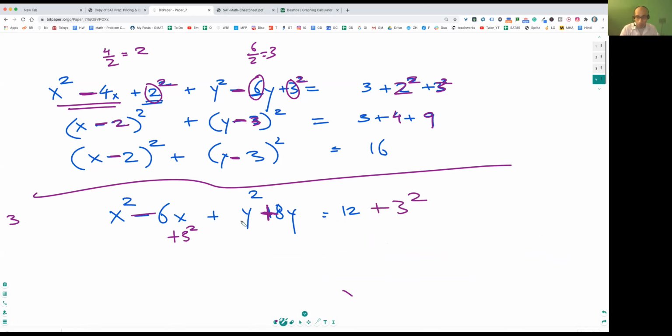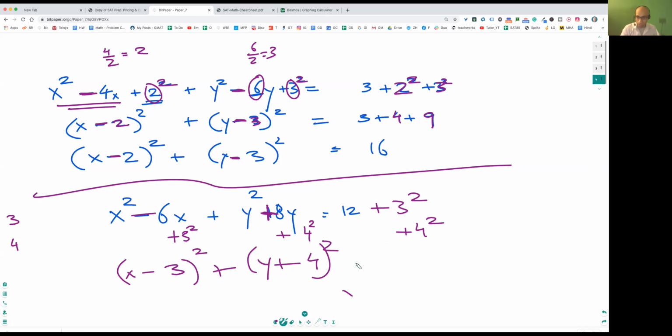Right? Now what I'm going to do is take this 8 here. 8 divided by 2 is 4, right? So I'm going to add 4, not just 4, I'm going to add 4 squared over here. And now, just like magic, this works out to be x minus 3 squared. Just copy down this 3 over here and copy down this sign over here, plus y, and then copy down this 4 over here and the sign over here, okay? And then you're done. Just take the square of this, and then you can do 12 plus 9 plus